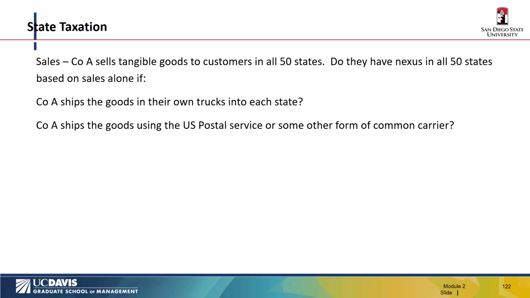So for years and years and years, the way around this was to ship your goods using what's called a common carrier, like the U.S. Postal Service. So what happens is title transfers not at the destination, but at the shipping point, right? So now it becomes the liability of the common carrier and then ultimately the liability of the customer. And so as a result, that sale would be sourced from its origin state, not its destination state.